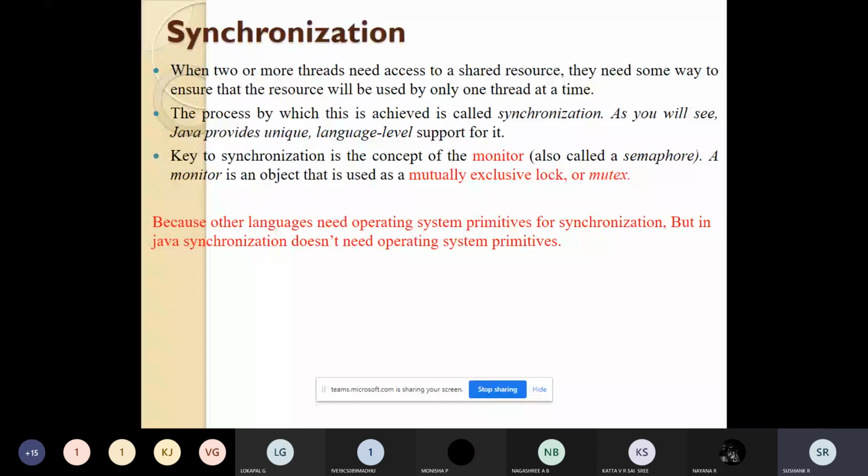A thread which is inside the monitor, if it wants to exit and give the resource to another thread, just needs to return from that method. If it returns from that method, it is like coming out of that lock. We will better understand this with an example. So I'll share the example, from which this problem can be understood better.